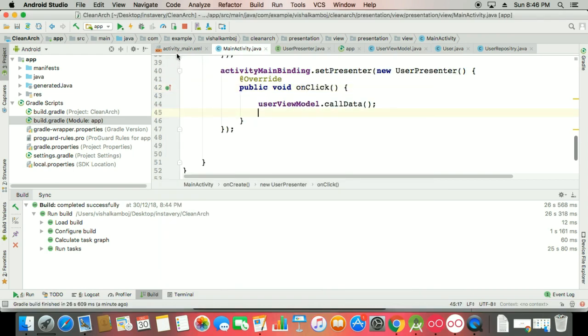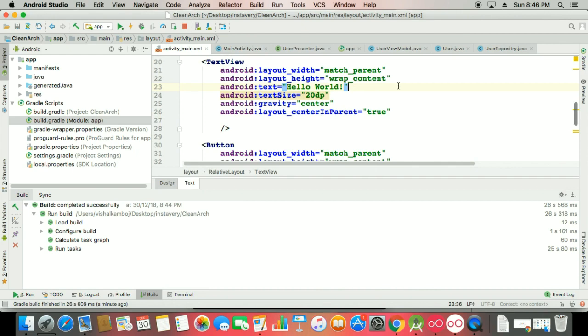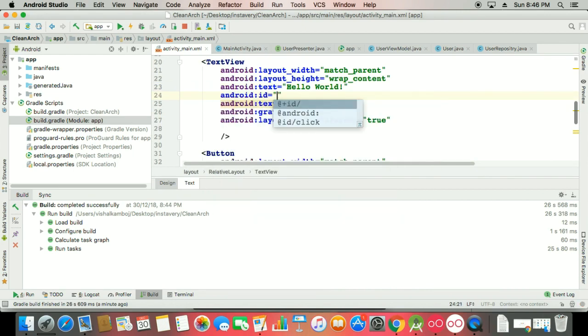And one more thing, here I'm just giving the name to my text view, that is the id name well.